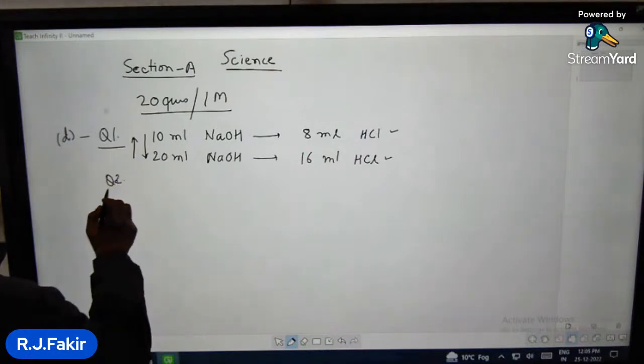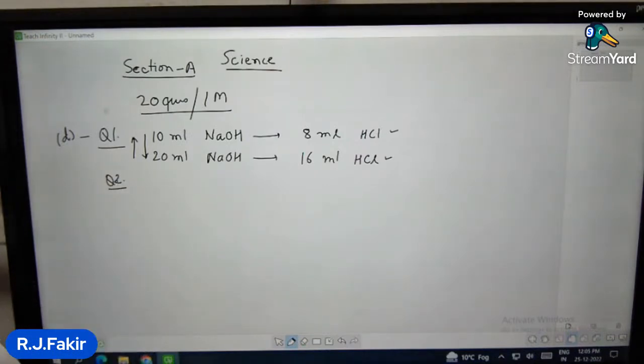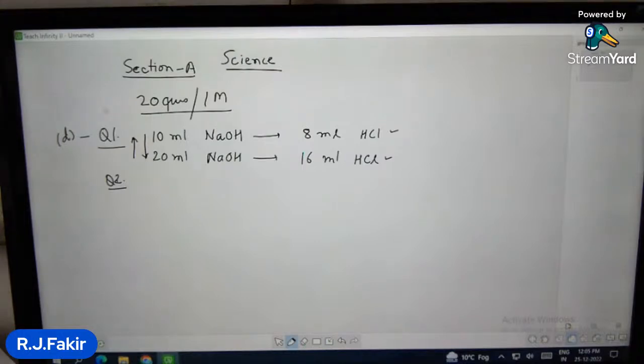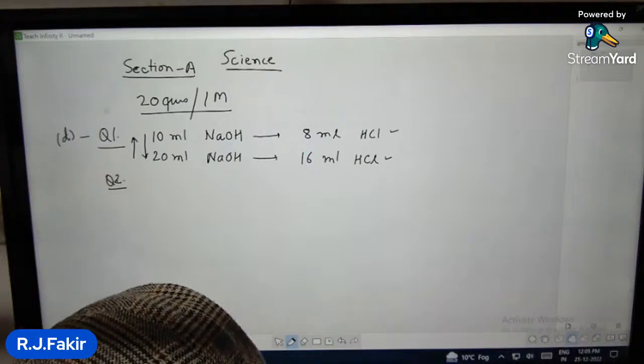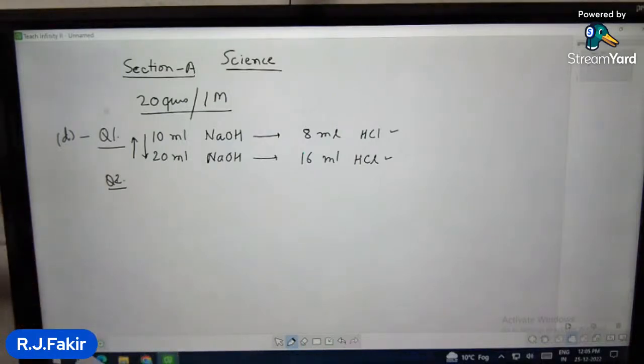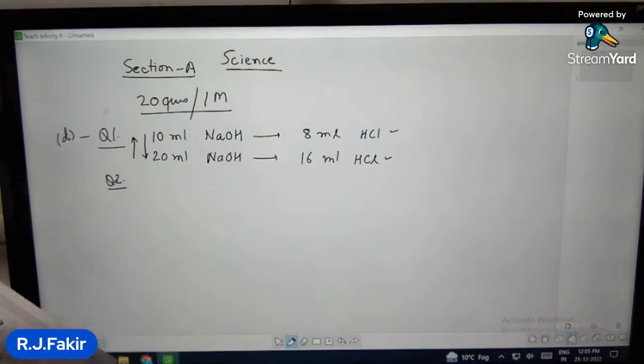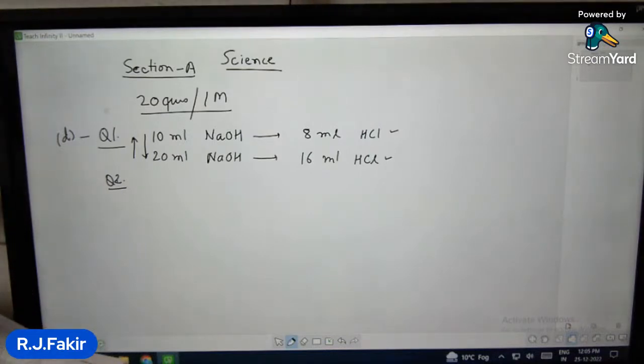Now question number 2. What happens when dilute hydrochloric acid is added to iron filings? That means the reaction between iron and hydrochloric acid. As we discussed in the earlier session, the chemical reactions are very important while attempting this section. So if you remember that reaction,